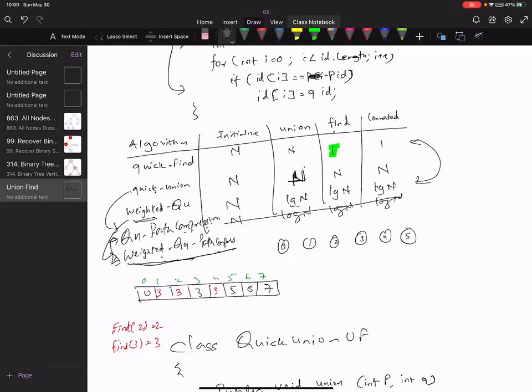Whether we choose quick union or weighted quick union, shortening the path will work the same way. So it will be order 1 in all the cases, right?